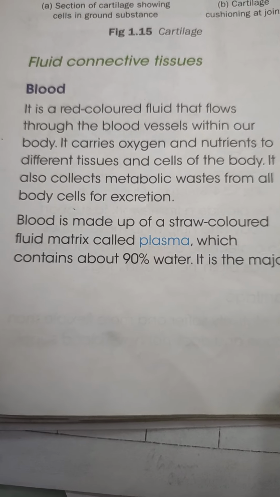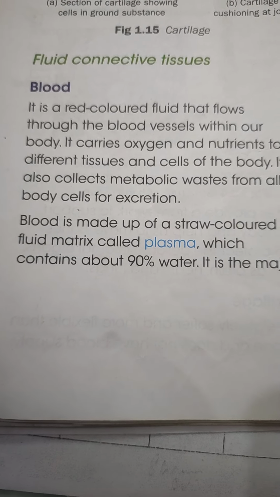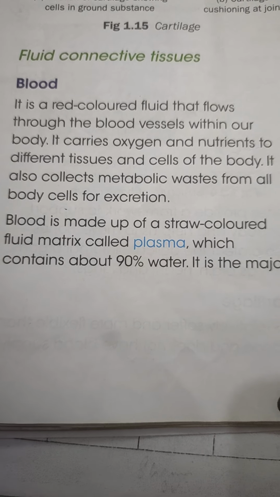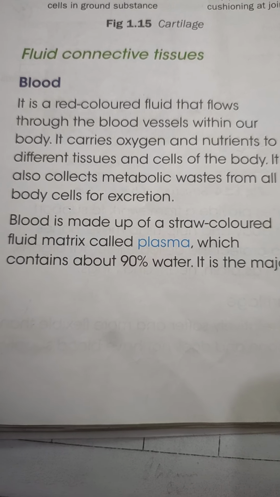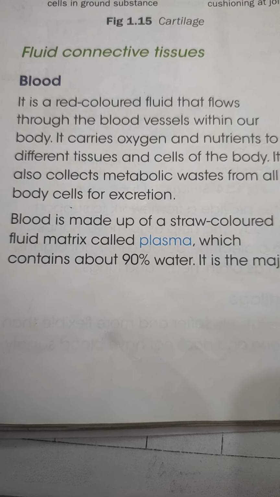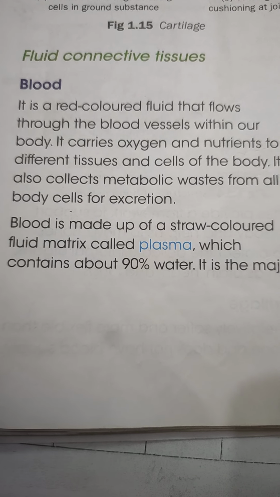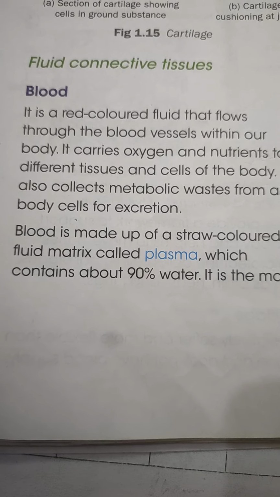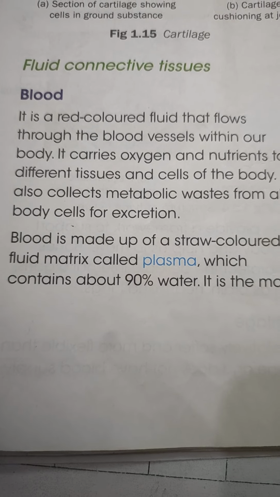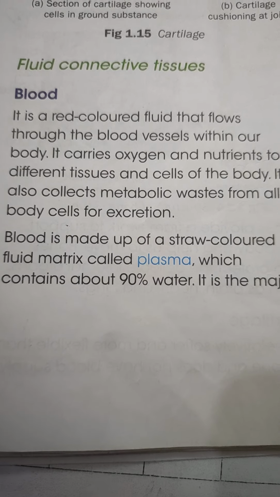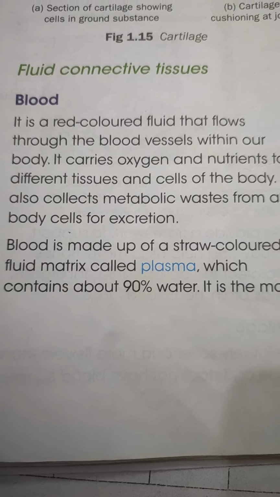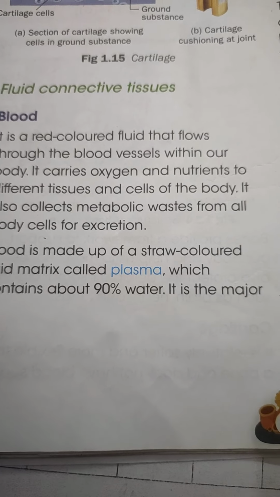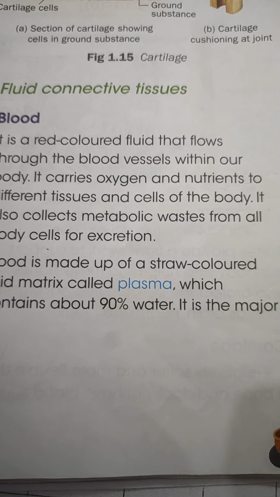Blood has two major components. One is plasma and the other is blood cells. Plasma is actually the straw colored fluid. This fluid is actually the matrix, and because of it the name fluid connective tissue is given. It contains about 90% water, which means if plasma is around